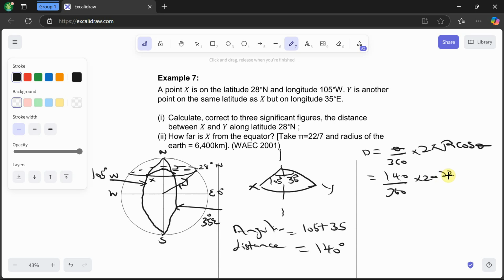22 over 7. What did they say we take our R to be? 6,400 times cos our theta is what? Okay, so let me not use theta and theta, let me say alpha here. So this will be cos alpha. Our alpha is the latitude, which is 28 degrees. So let's plug this in and see what it gives us. So that will be 140 divided by 360 times 2 times 22 over 7 times 6,400 times cos 28 degrees, and that gave me